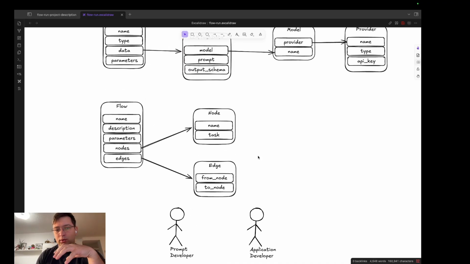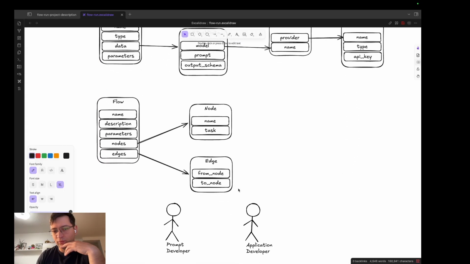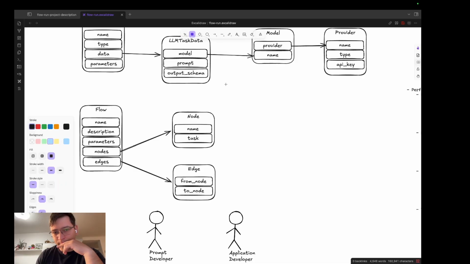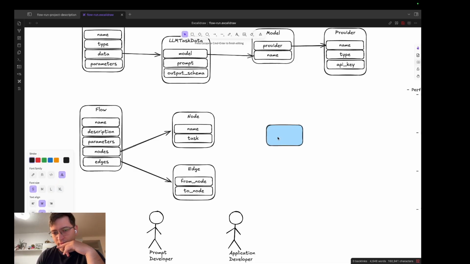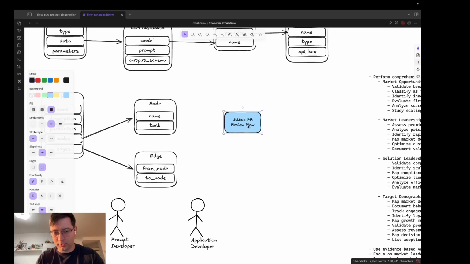And in the current data schema design, we can have a situation when, let's imagine that a company who is a client of our service used it to implement a GitHub PR review flow. So the GitHub PR review flow was defined by, let's say,